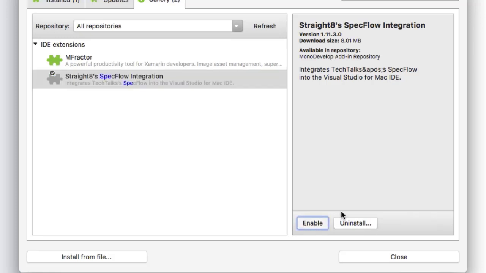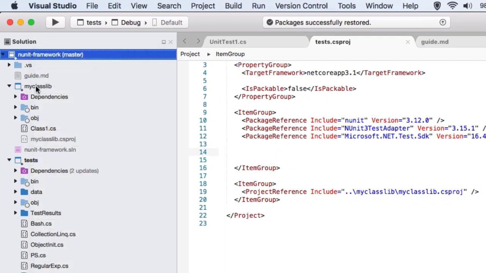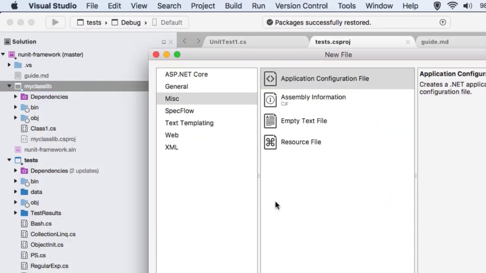By default, it will be enabled when you install it. So the reason why we need this extension is that when we right click and create a new item in the project, for example, this is one of the project, and if you go to add and then click on new file, here